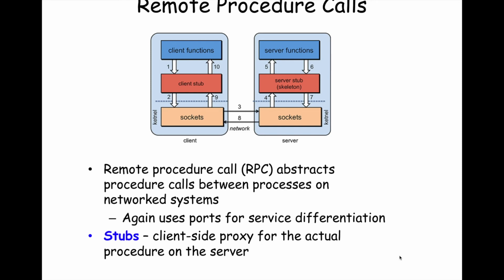But with these remote procedure calls, they're special functions, and they look just like regular plain old functions, except when you call these special functions, it actually takes the parameters of your function, wraps it up, and sends it out across the network to some server. And that server implements what that function is supposed to do. And that's called a remote procedure call because the execution of that function or procedure is happening